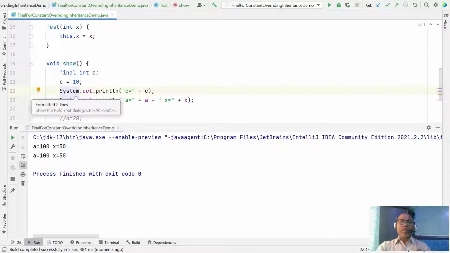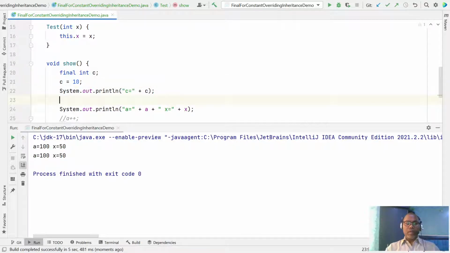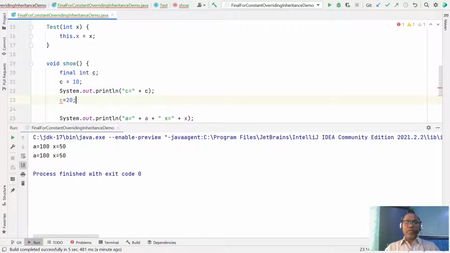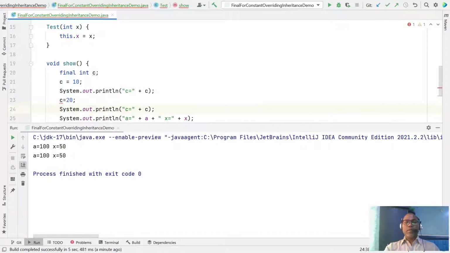Any final variable can be initialized only once, and if after that you try to say c = 20, it does not allow it. It says c might already have been assigned. That means you cannot reassign a value, or even do c plus plus. You cannot change the value.